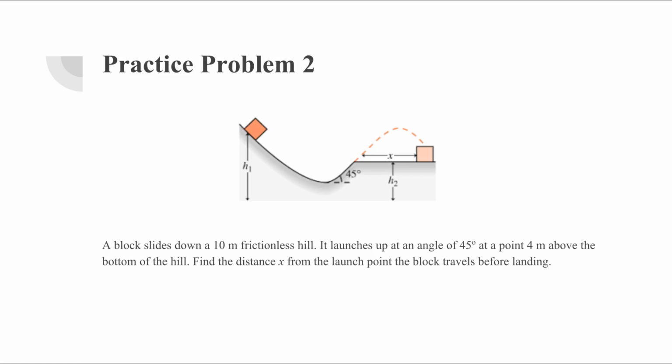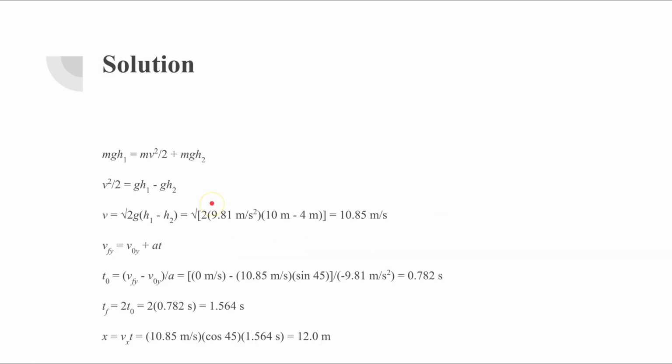So a block slides down a 10-meter frictionless hill. It launches up at an angle of 45 degrees at a point 4 meters above the bottom of the hill. So pretend this is the bottom, right? So above the ground, I should have said. Find the distance x from the launch point the block travels before landing. Okay, so you can see some kinematics will take place here. But first,